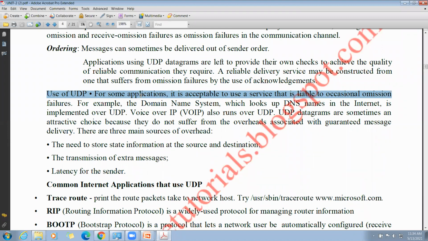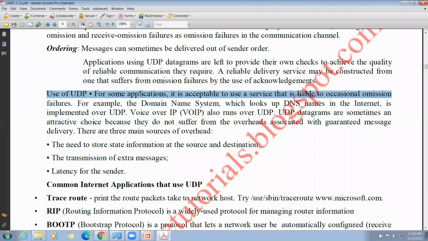For some applications, it is acceptable to use this service, the UDP stream service, that is liable to occasional omission failures, in those cases in which the omission failures, sending and receiving, occur at a low rate.